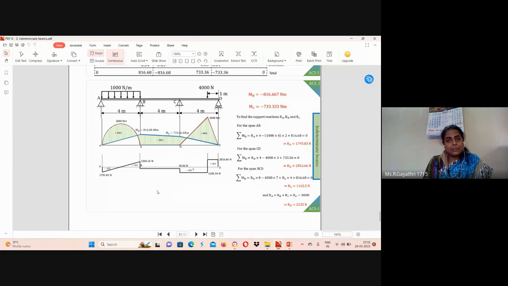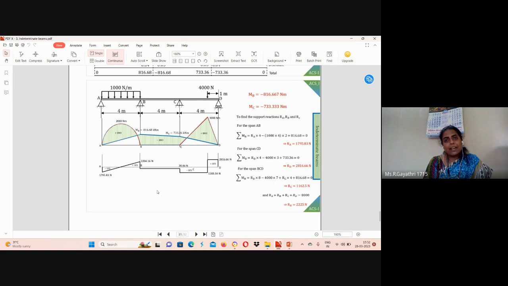BC may experience forces from previous support, so we can consider reaction forces RD and RB rather than RB and RC. If you consider span CD, we can find reaction force at support D, so we can find moment about